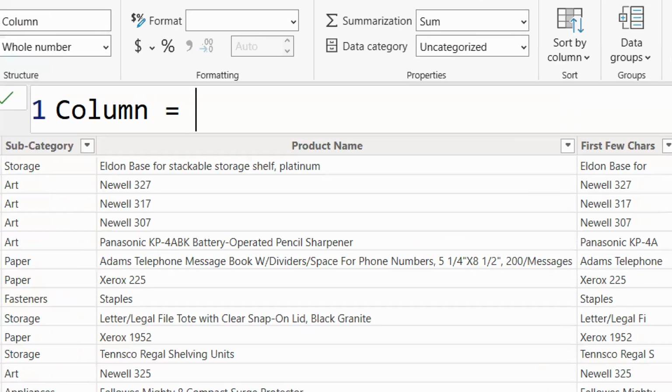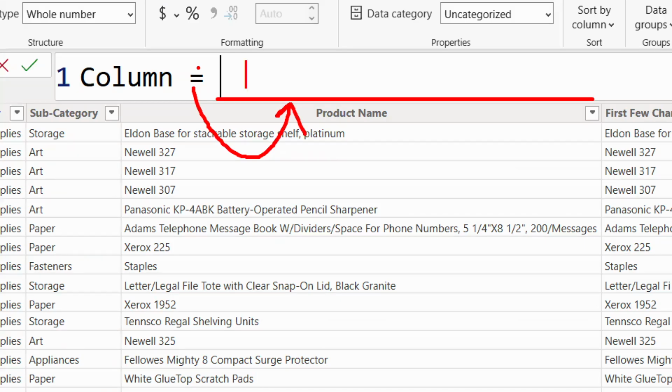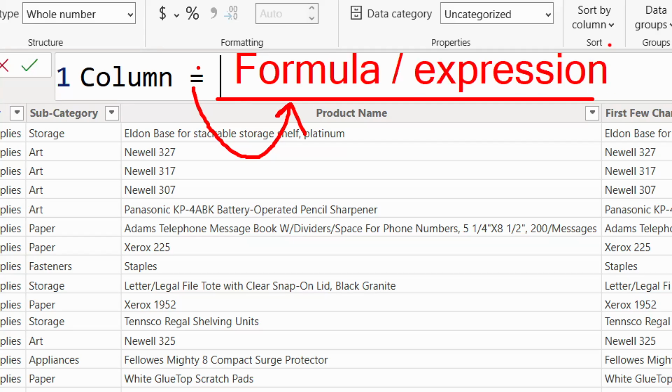Now let's understand this formula bar a little bit because this is different from what we have in Excel. Okay. Anything on the right hand side. A formula in Excel starts with an equal to symbol, right? So anything after the equal to symbol becomes an expression or a formula here. Okay. If you want to type a formula, it is always written on the right side of this equal to symbol. We also call this an expression, and that's how things work. Clear?